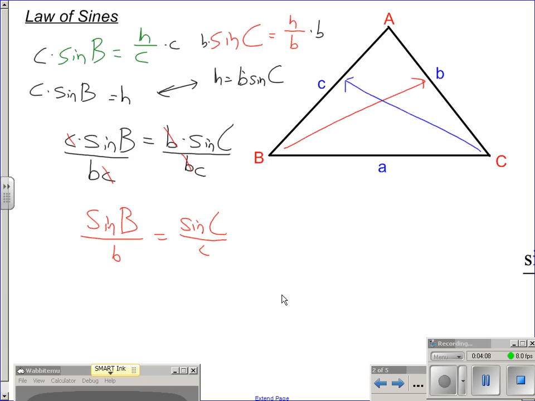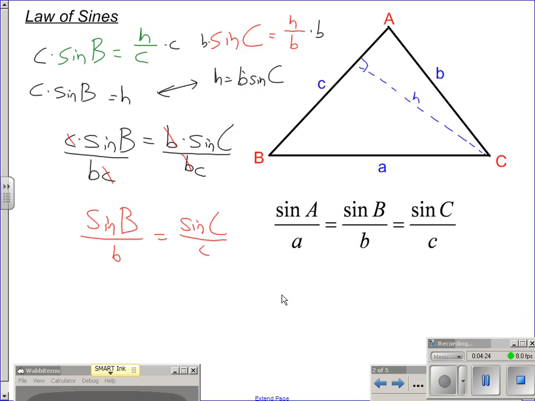Now, we could do the same thing to talk about angle A and side A just by drawing in a different altitude. Let's say we drew in this altitude here and called that H. We would do the same thing, and it would come together. What we're looking at here is the law of sines. That's the equation for it. It says that when you have a generic triangle, not a right triangle, just any old triangle,